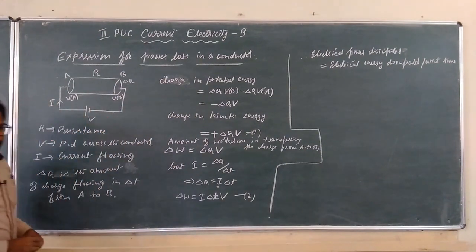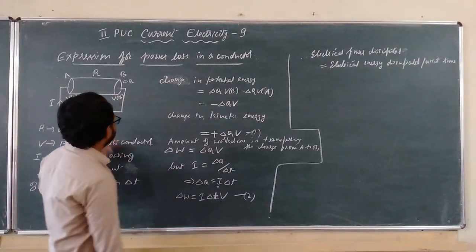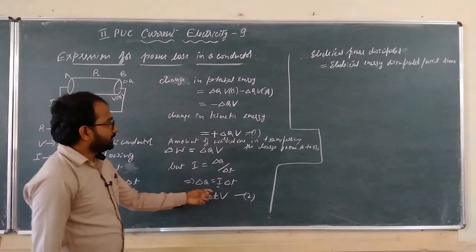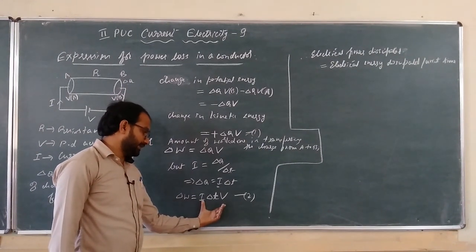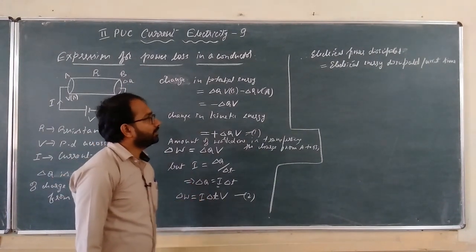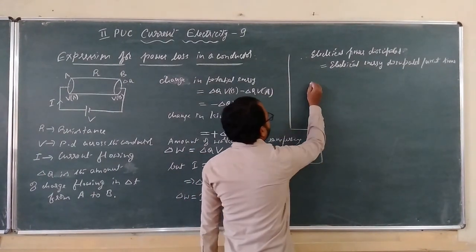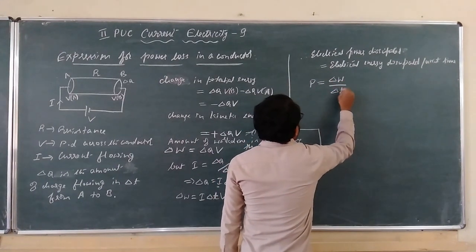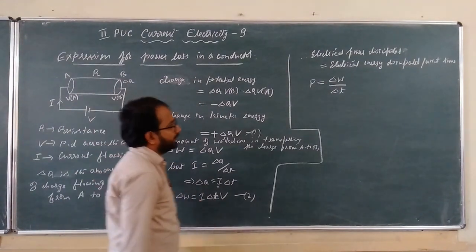Okay, so in reality the gained kinetic energy is lost in the form of heat. So the amount of work in transferring the charge from here to here is dissipated in the form of heat. So the electrical energy dissipated in a time interval of delta T seconds is delta W. Therefore, what is electrical power dissipated? That is electrical energy dissipated per unit time. Therefore, P is equal to delta W by delta T. So electrical power P is equal to delta W by delta T.